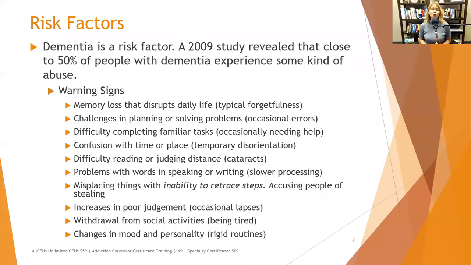And changes in mood or personality, especially if they're rapid changes, can indicate that there might be some onset of dementia. Now, older people typically do develop rigid routines and may become a little cranky if their routines are interrupted in some way. So don't confuse having rigid routines and being a little bit cranky when that happens with people having rapid changes in their mood and personality.